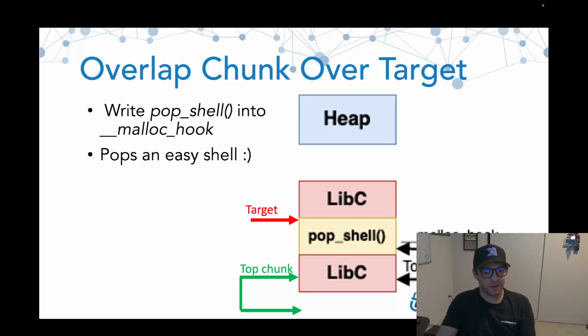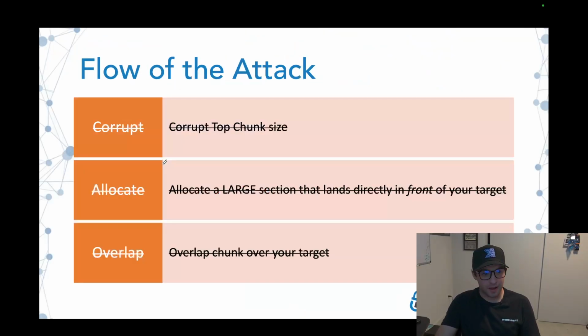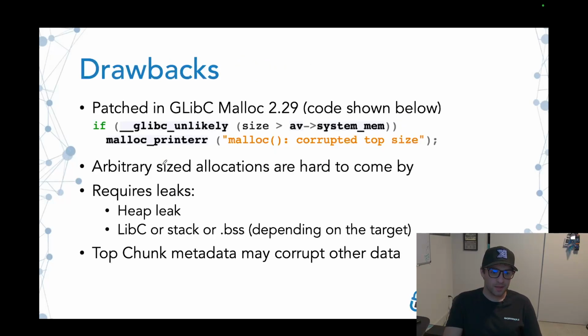So I hope you guys enjoyed that technique. Again, just one of my personal favorites. Just to recap, we corrupt the top chunk size, we allocate over the top of it, and then we overlap with our target. After that, the one drawback to this, though,